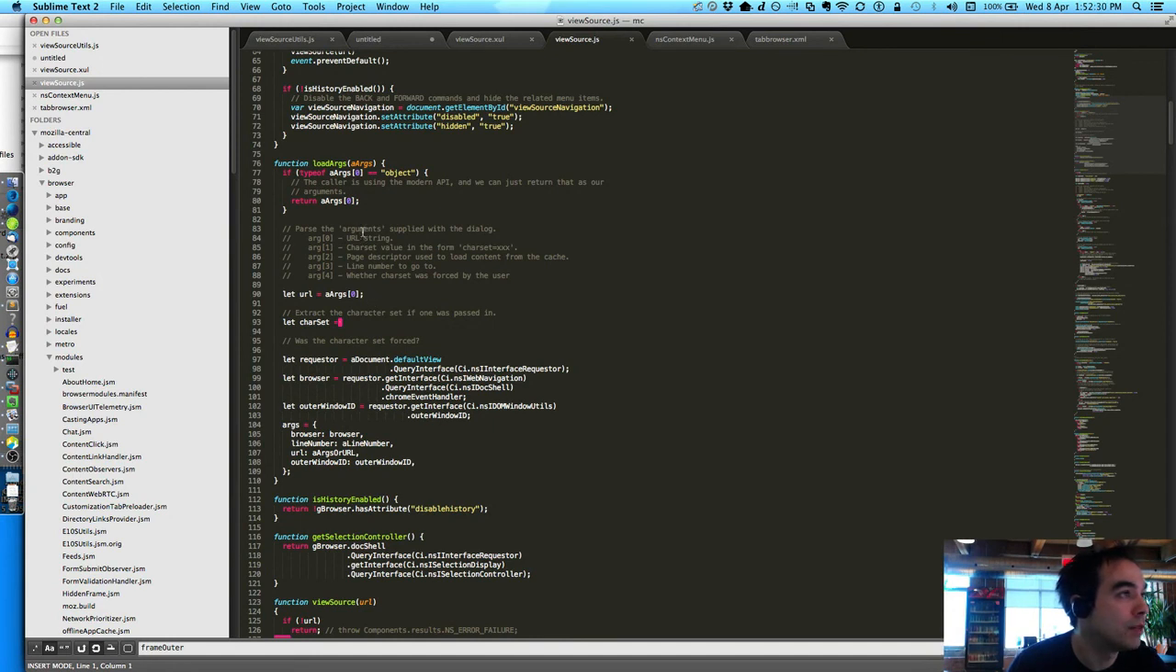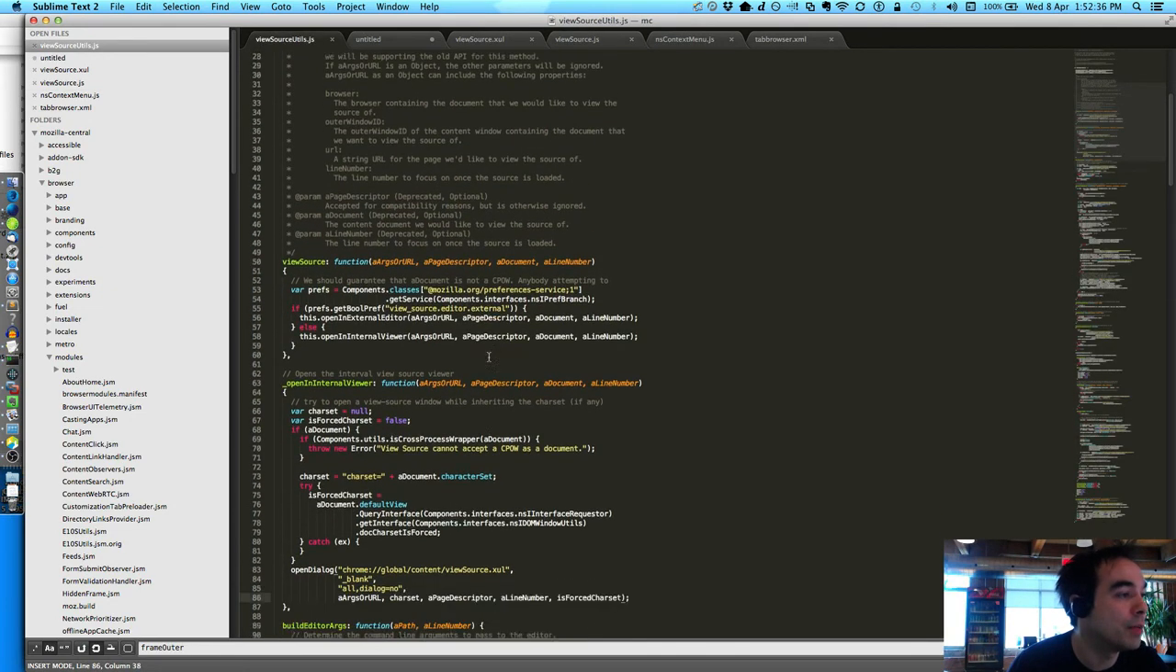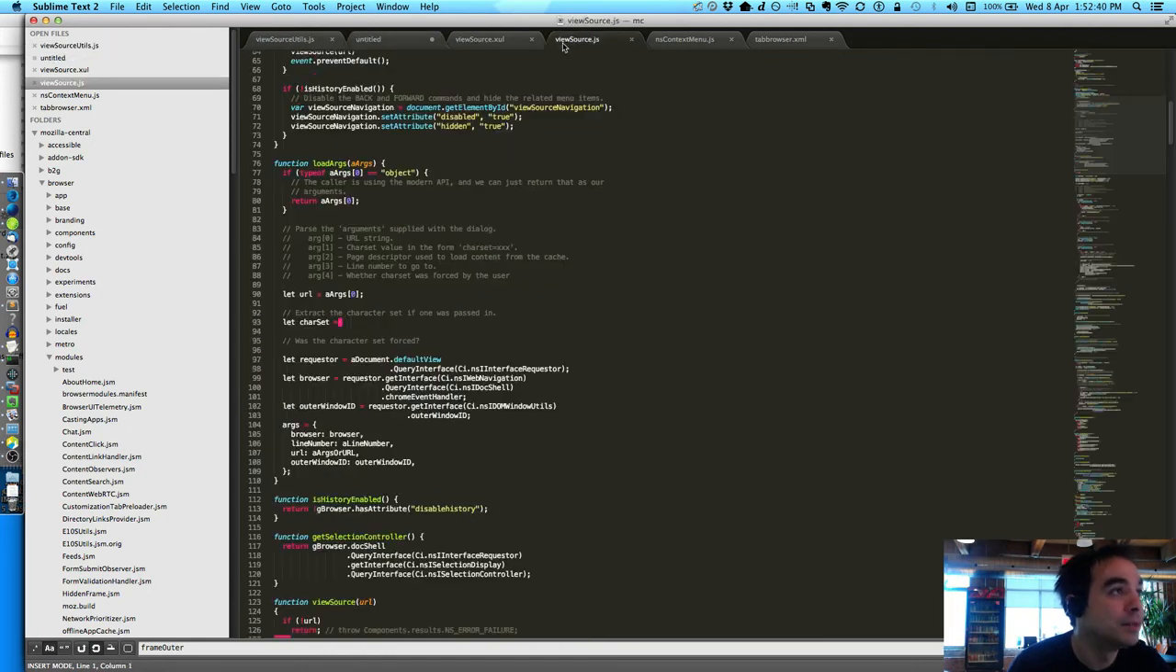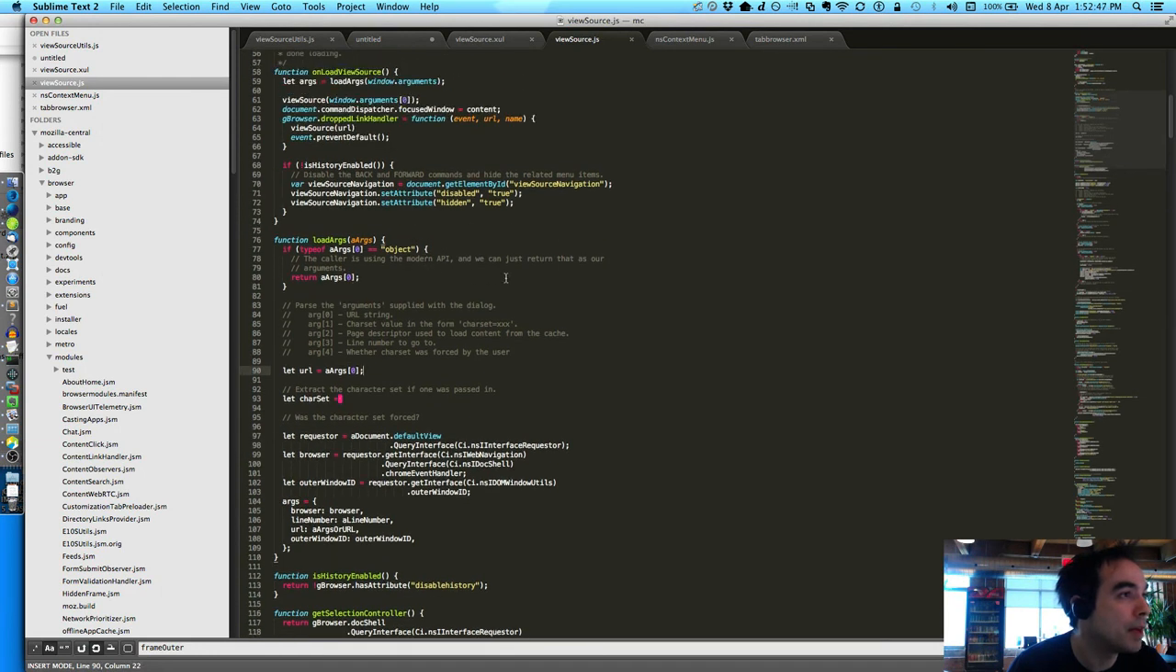And right, I started to work on this last week, and this is hauntingly familiar in that this is what I was basically doing over here before. So I was kind of repeating myself, which is not a thing I like to do. Caller is using the modern API, and we can just return that as our arguments. Yes. Now, what is the other case? The other case is that the caller is not using the modern API,